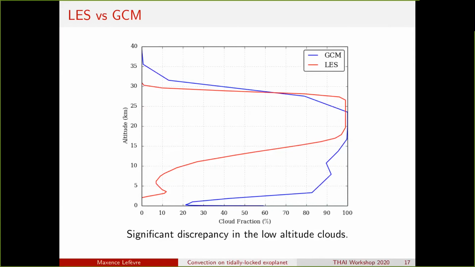You can see here a comparison between the resolved convection here in red and the GCM cloud coverage.